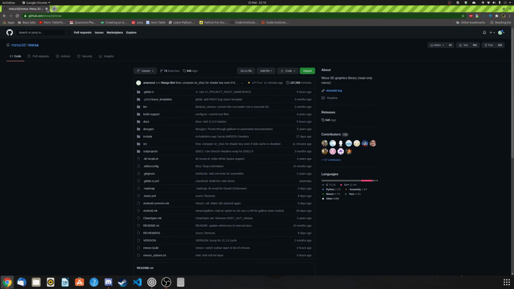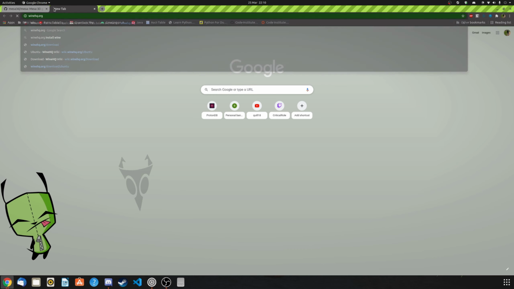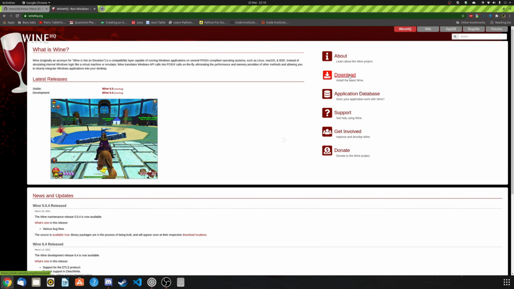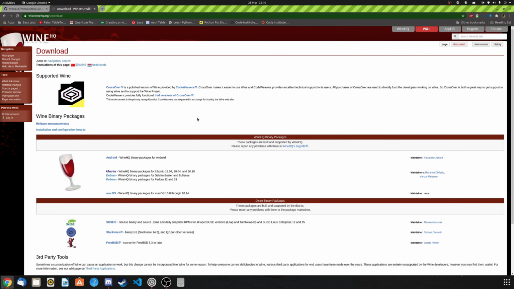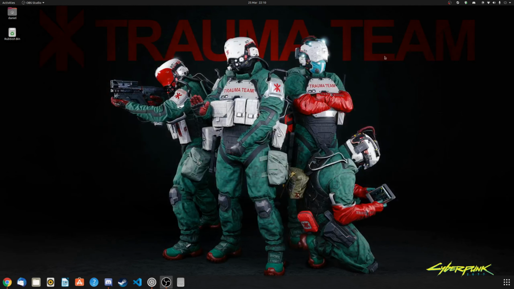The other important bit is, which I think is actually covered on WineHQ, I believe. This is the front page. Click on download. Big Ubuntu. Yeah, here. You have to make sure you're adding the i386 architecture. That is your 64-bit architecture. Alright. So once you've got that Mesa installed, that Mesa version,